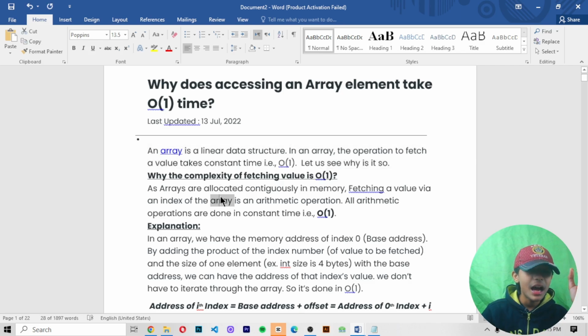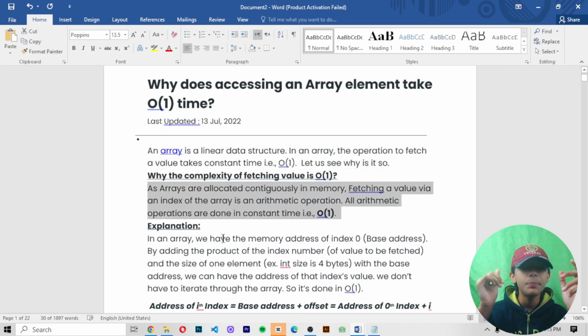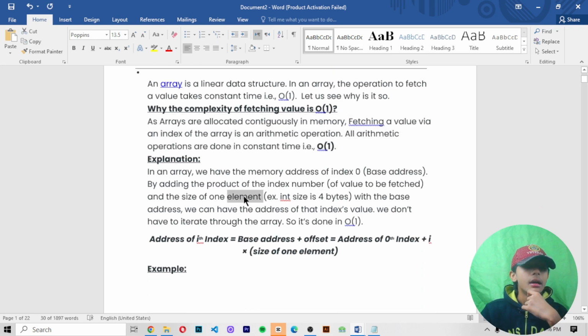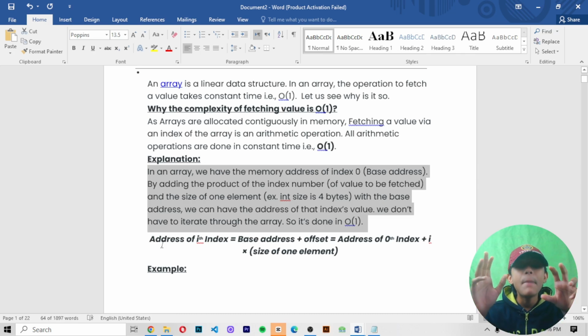As arrays are allocated contiguously in memory, fetching a value via an index of the array is an atomic operation. All the atomic operations are done in constant time, for example O(1). Now, the explanation. In an array, we have the memory address of index 0, the base address, to which we add the product of the index number of the value to be fetched